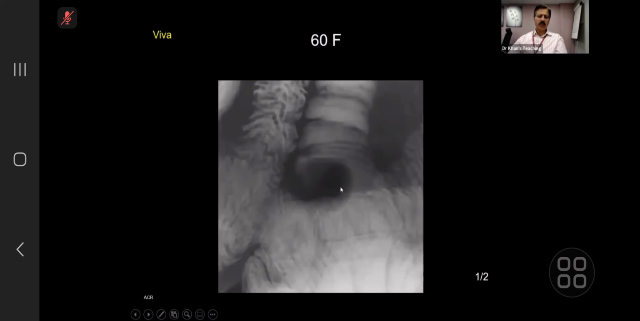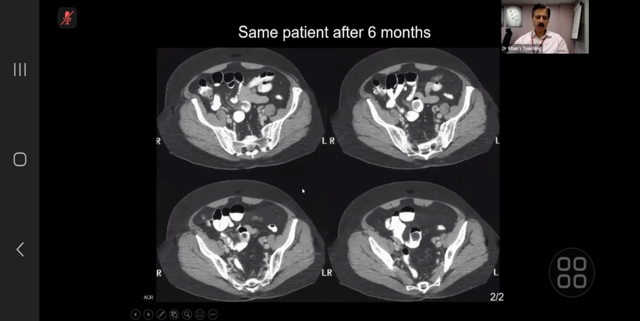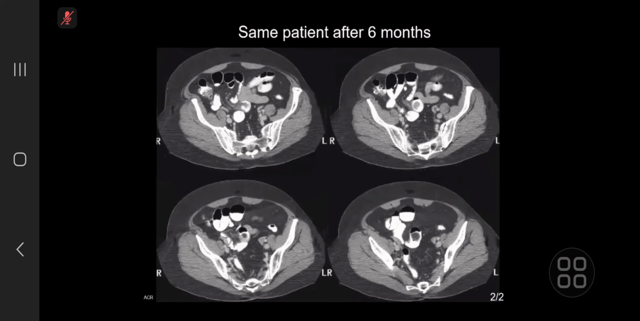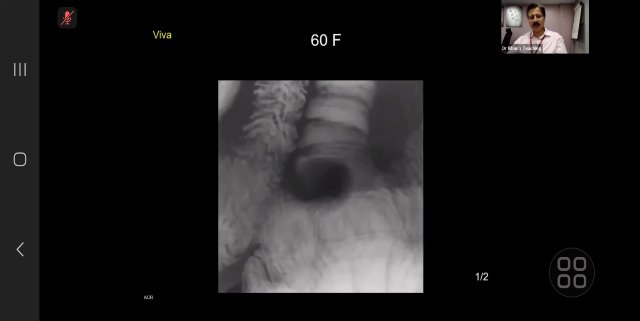There was a lesion here, and on a CT scan, what do you think it is? So on a CT scan, I can see that, and I can see some barium within it as well. So, is it like a diverticulum? Actually, what has happened is that there is a